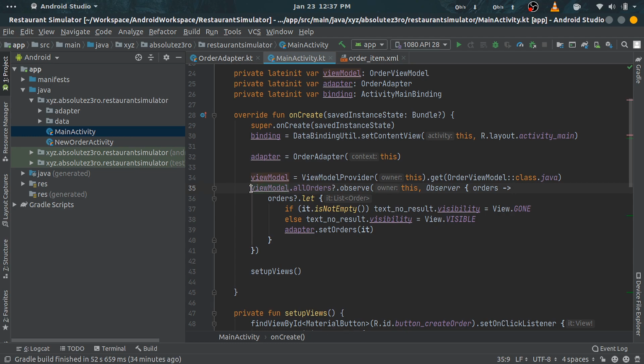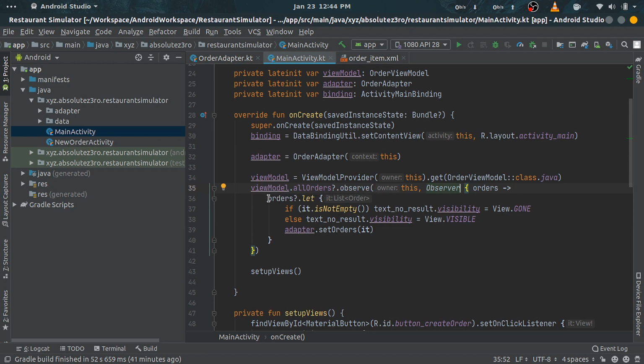So to do that, we are calling this viewModel.allOrders method, which will return the live data of list of orders, and then we are calling observe on that. We are passing in the main activity as the observer, and next is an observer instance, which is a callback which receives the changes from the live data.